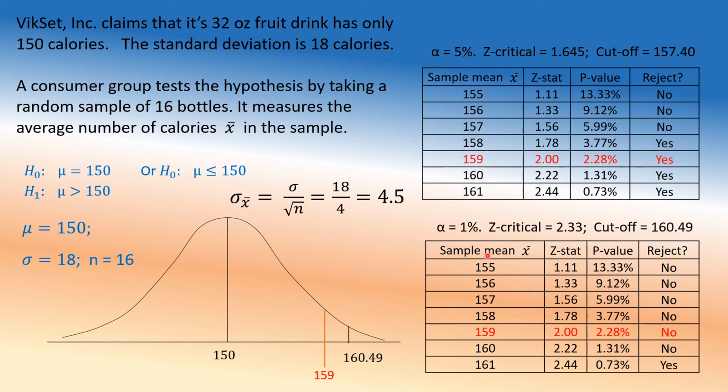So what happens now? 155, no, no, no, no. 159, no. 160, no. Only 161, yes. So look at 159 now. Remember, the p-value didn't shift. The red line stays right here. That didn't change. This has changed now. So anything on this side is wrong, on this side is right. And now the p-value belongs to the right side. So we don't reject.